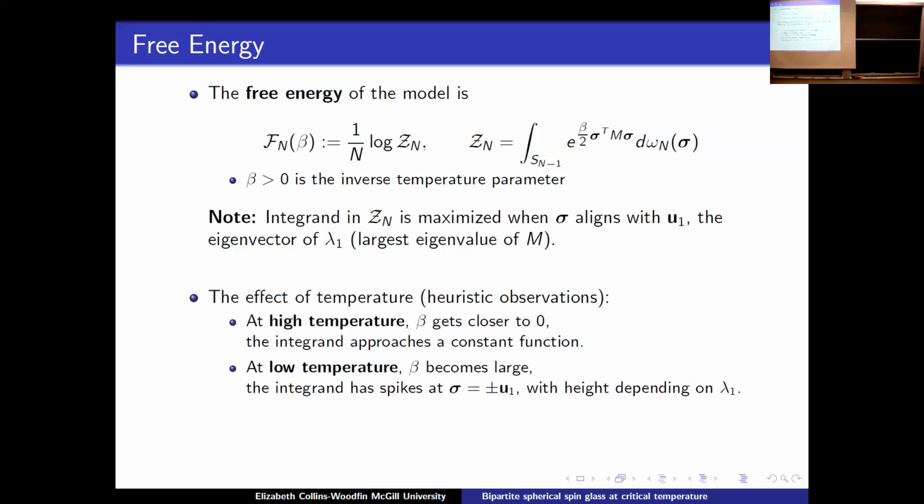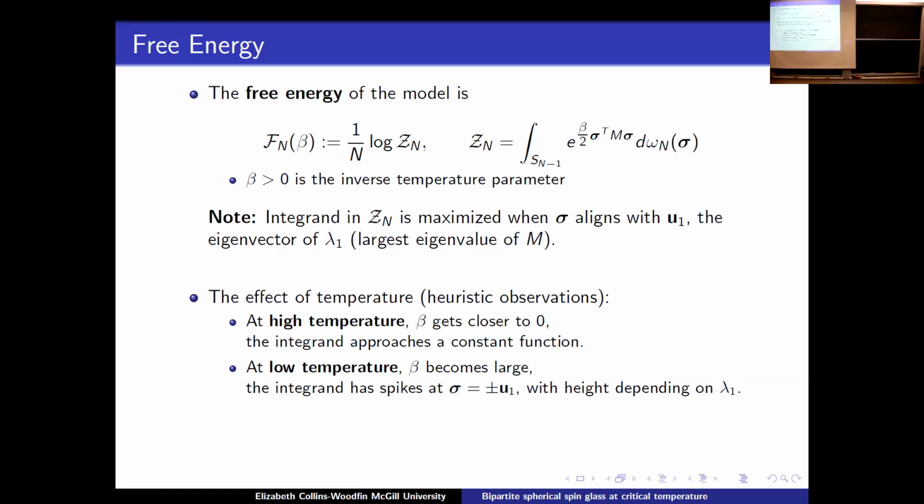And then temperature is something that's going to be important here. I'll talk just kind of heuristically about how this thing behaves at different temperatures. So beta is the inverse temperature. High temperature, we're talking about when beta is very small, when beta is close to 0. And if you look at that function up here, you can see that if beta was very close to 0, this integrand becomes close to 1. And so it becomes almost like a constant function. And so what that tells us is that the free energy is not going to be so sensitive to the particular choice of